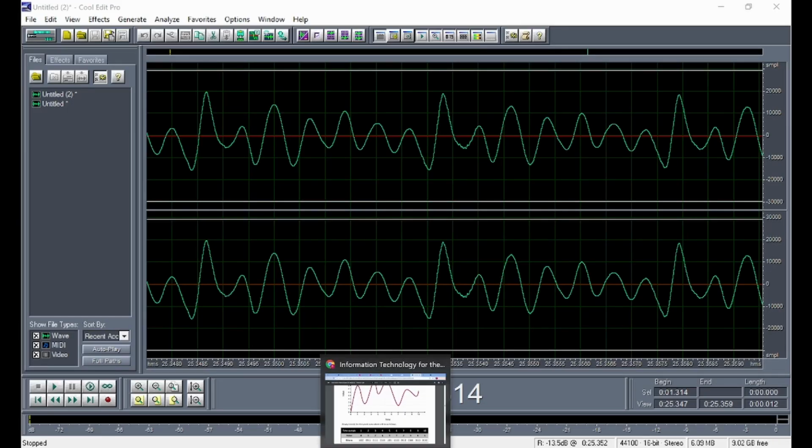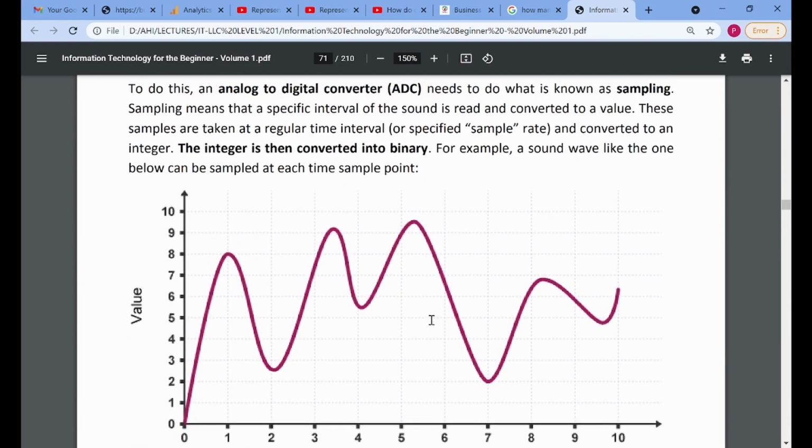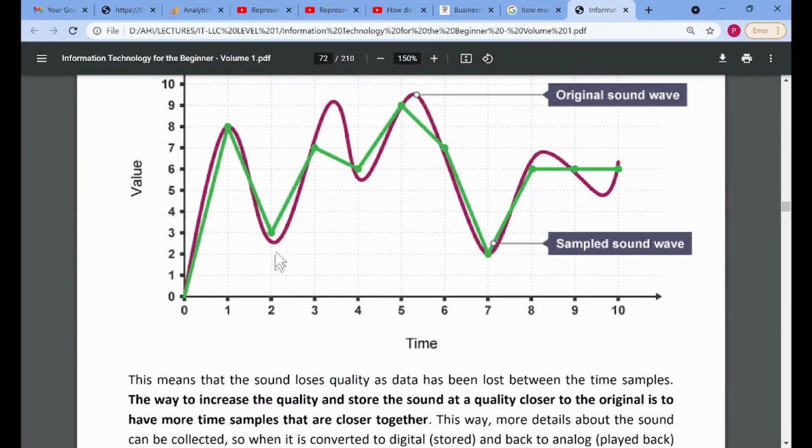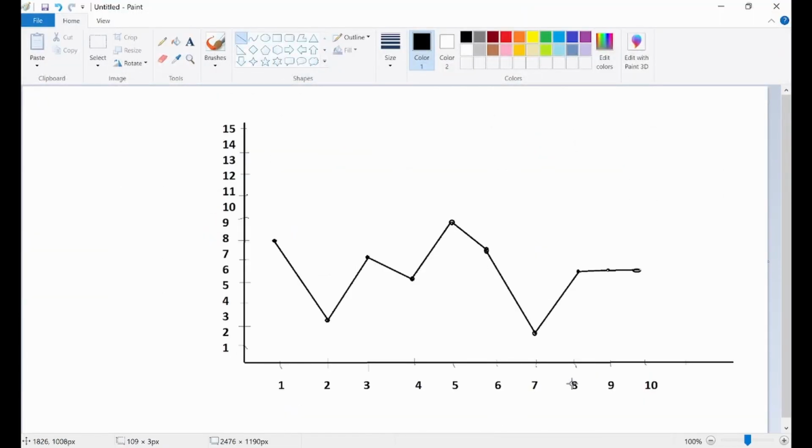Now, when you look into the book, this is the sound we are using, or this is the original sound. When we finished, this is what we got. You see what they got here is the same as what we got. Can you see what they got in the green line? Okay. So the question here is how can we make this wave look like the original